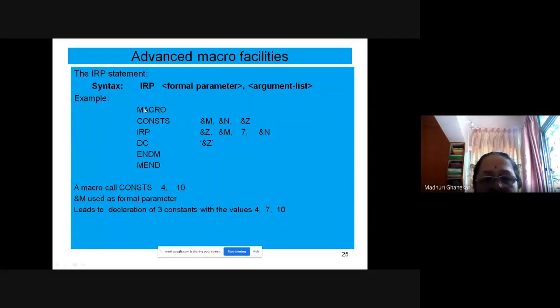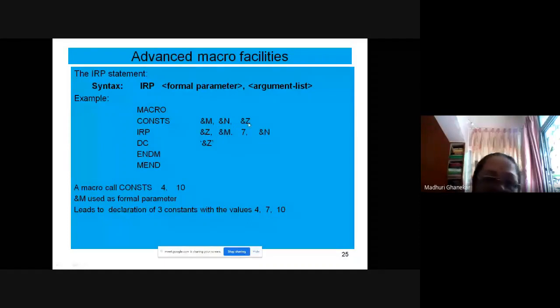Now if you notice over here, CONST is the name of the macro, &M is the formal parameter name. The first one should be the formal parameter, and then N and Z are the argument list. So M is the formal parameter, and N and Z are the actual parameters when they are passed.